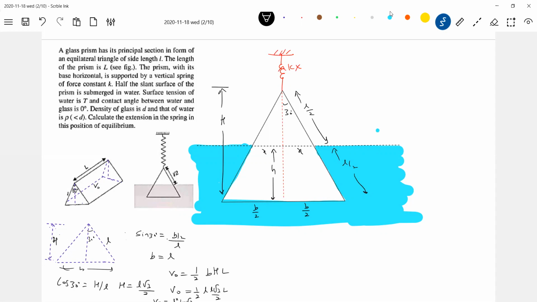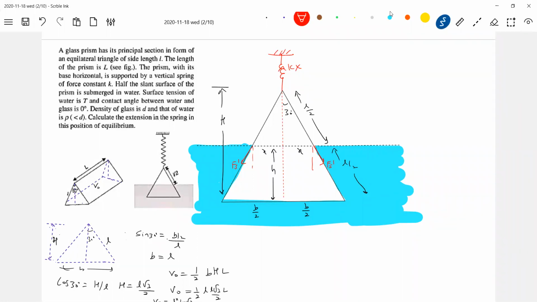Now what is our question? Force due to suffocation. Tell me how it will act here. The contact angle between water and the glass is 0. Where is the force due to suffocation? The force due to suffocation will act at these points. Only at 2 points or everywhere? Everywhere on this prism. So it is immersed. I think it will be very challenging for you to imagine the diagram.